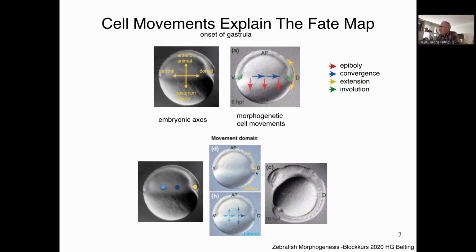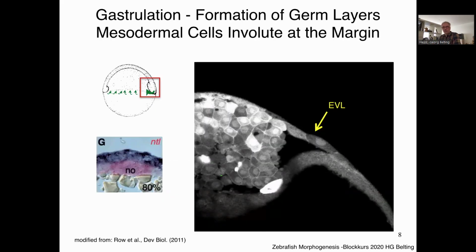The question is, how do these cells involute? You can also make a video of this involution, shown here. We have this embryo, this early gastrula, this is a shield, there's a lot of cells moving in here, and all the way along the margin, you have involution. This involution is the formation of mesoderm. These cells express already mesodermal markers, like no-tail here, shown in red. This is the section of the embryo. This is the epiblast,